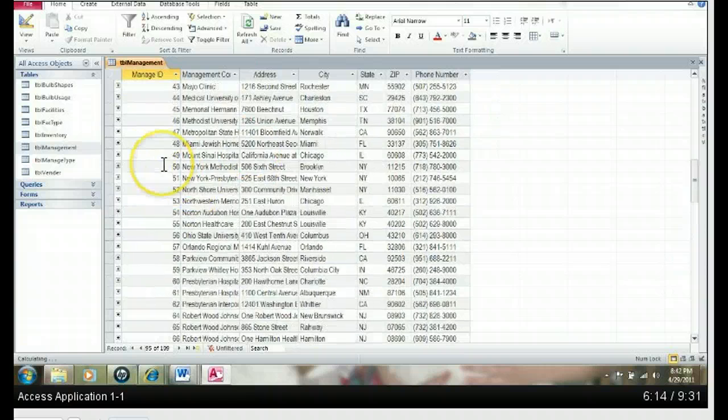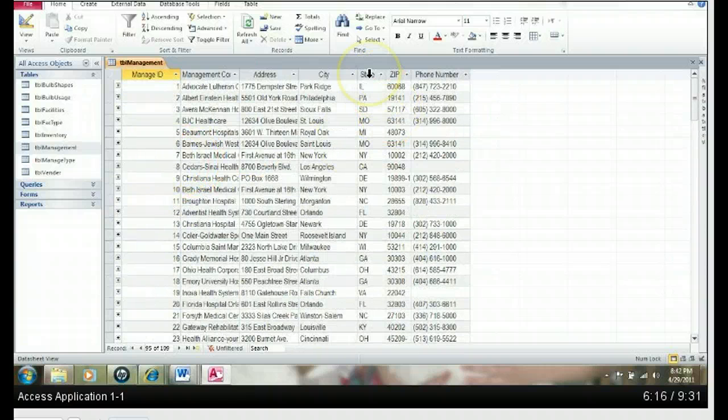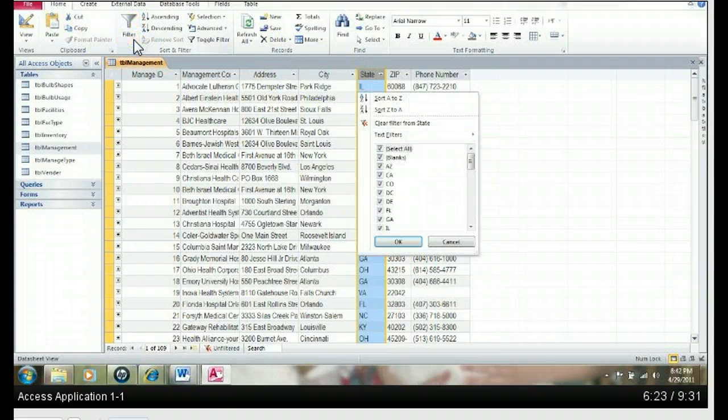Yes, you do. Now you're going to create a filter. You want to click on state so it knows what you want to filter. And then click filter. And then you're going to uncheck everything besides Delaware, Indiana and Ohio.